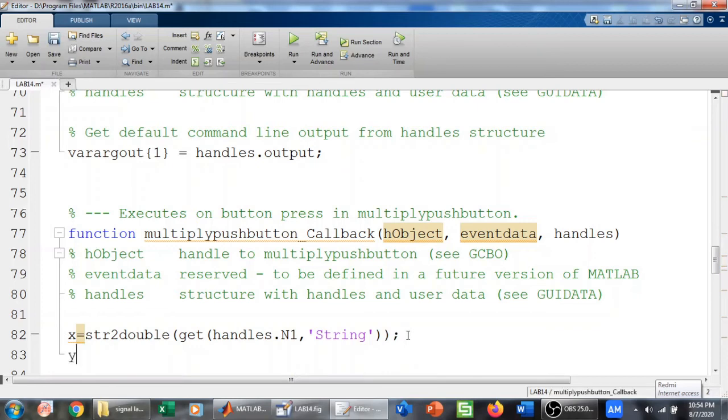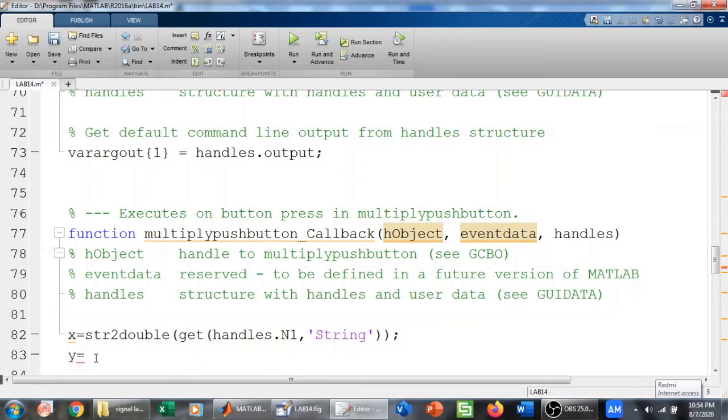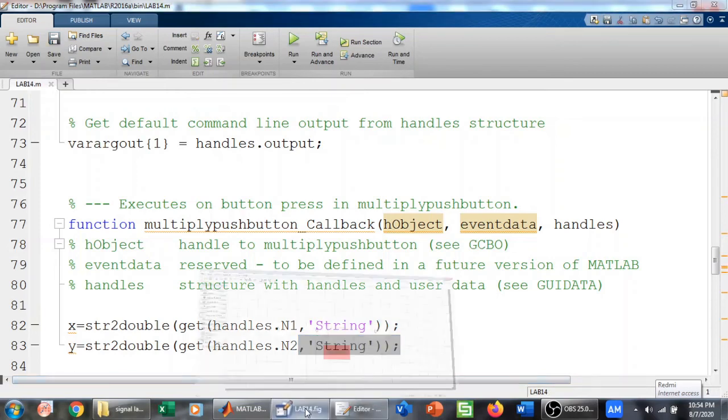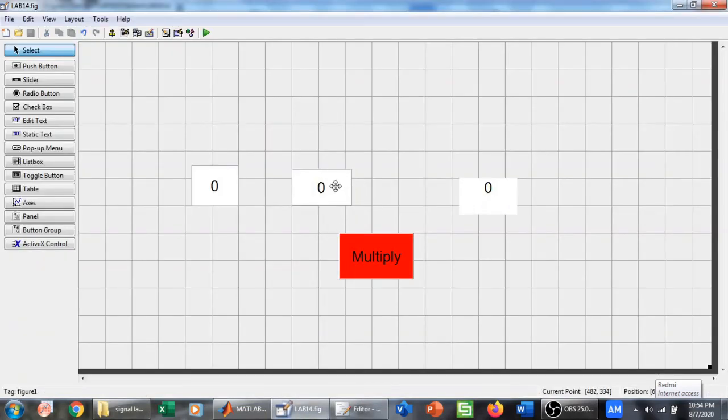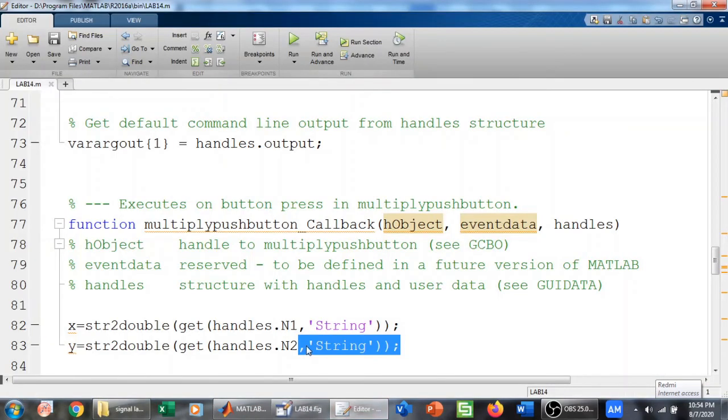So for n2 I am going to copy and paste it here, Ctrl C and Ctrl V. So this is going to be n2, which is the other variable, which is this variable. Again this will be obtained as a string by the get function, and then it will be converted into double. String to double converts strings into double.